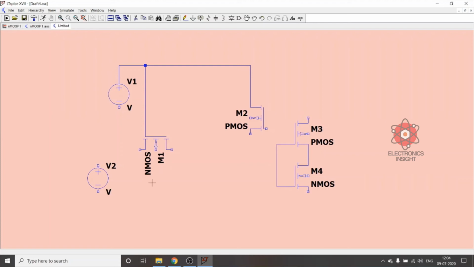And now we need to connect this source. So just click on the wire, connect this and this one, and this drain terminal has to be given here, and this drain will also be connected to the output of this NMOS. And this gate terminal has to be given to the output of the CMOS.